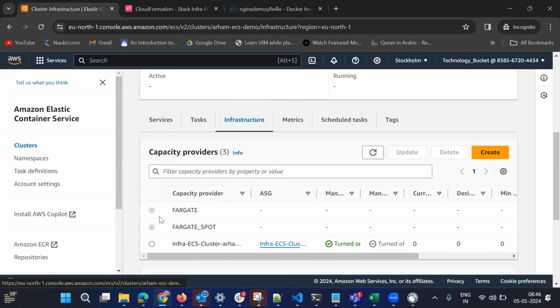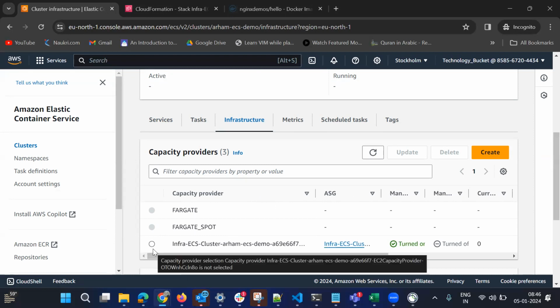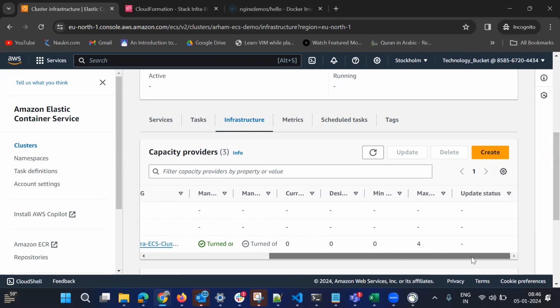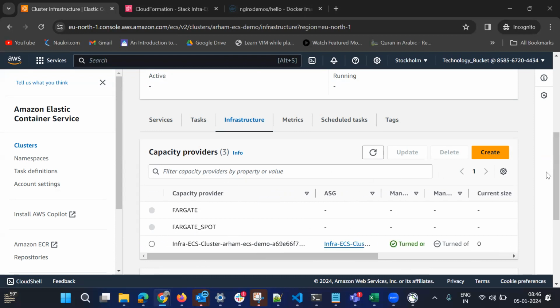These two are in a frozen state, which means they are provided by AWS. We do not need to take care of these, but you can see here this infrastructure ECS cluster capacity provider is an open one, and it was created when creating this ECS Elastic Container Service. You can see current size is 0, desired is 0, minimum is 0, maximum is 4. Okay, and if you go down,